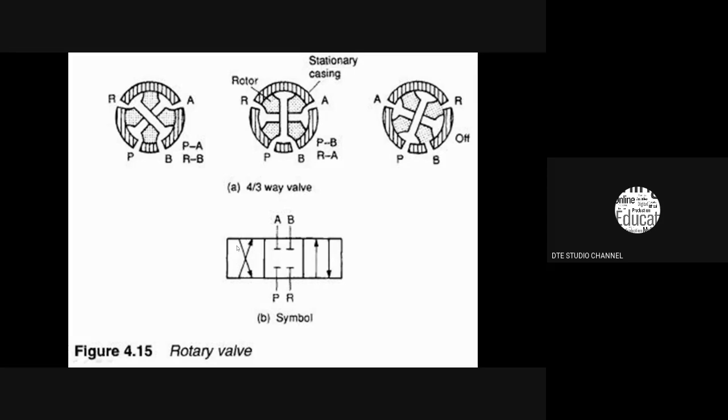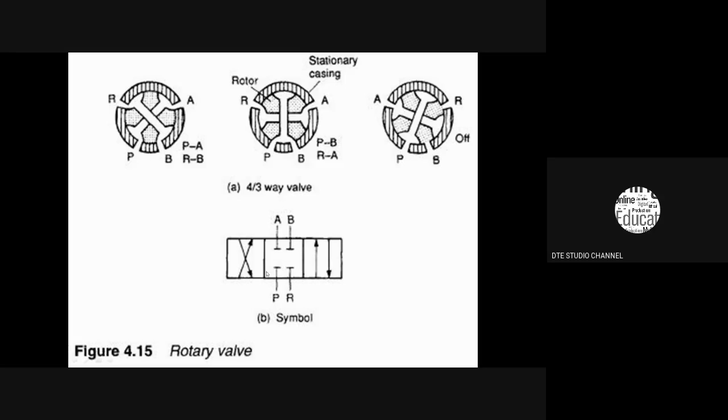This is the second box. The second box represents the second position. The first box represents the first position of the rotary spool valve. And the third position, in this position, no connection is made. B is not connected to either A or B. It's not connected. Therefore, no fluid enters port A or B. That's why the neutral position is shown by the middle box.